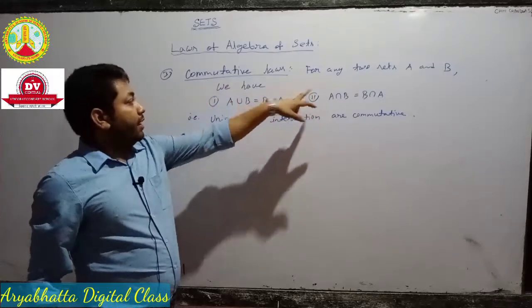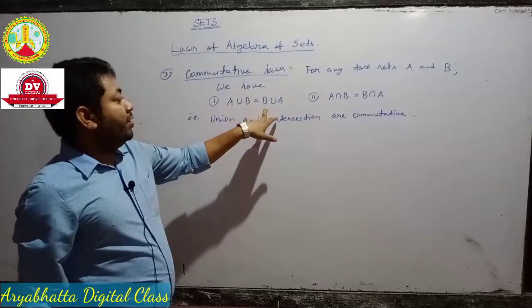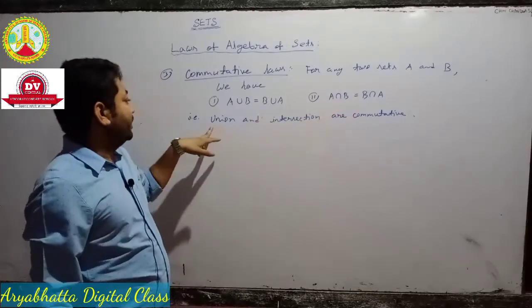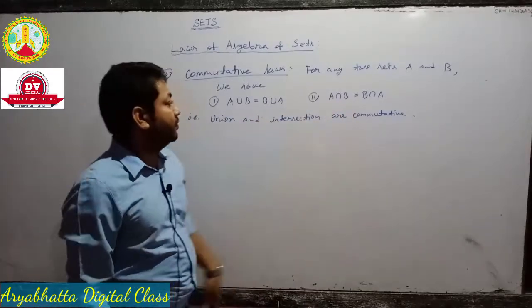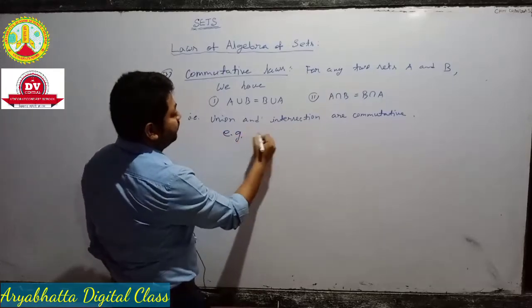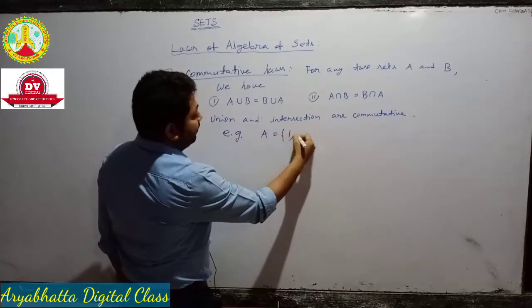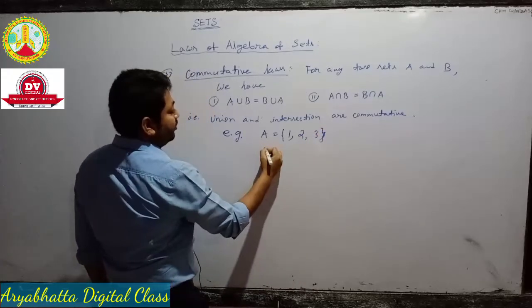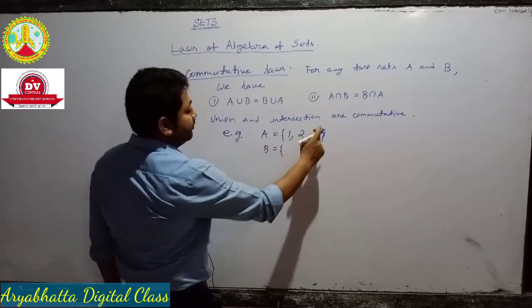For any sets A and B, we have A union B is equal to B union A, and number 2, A intersection B is equal to B intersection A. That is, union and intersection are commutative. For example, A is a set of elements 1, 3. We take the same example. B